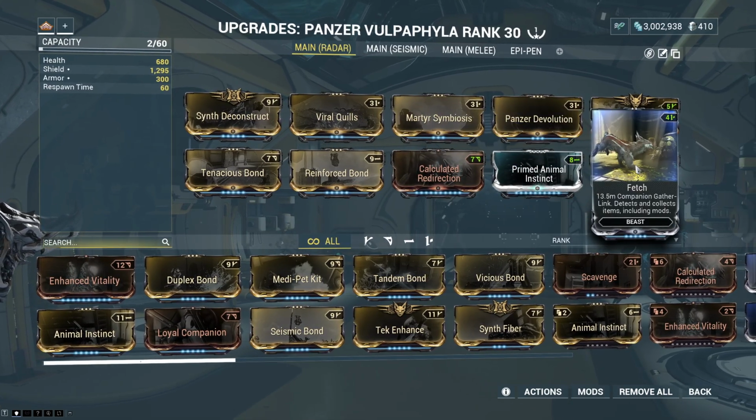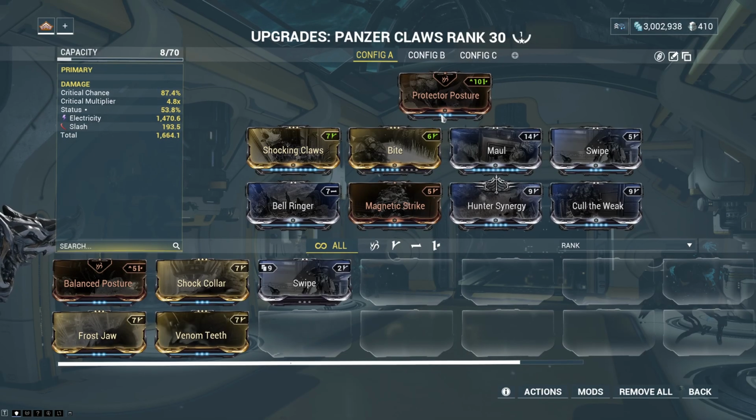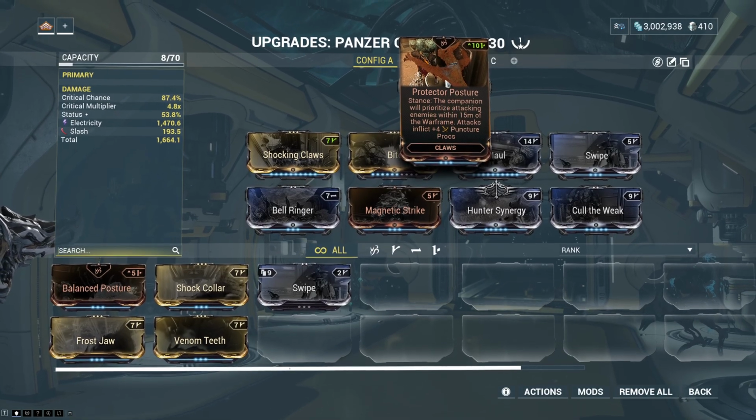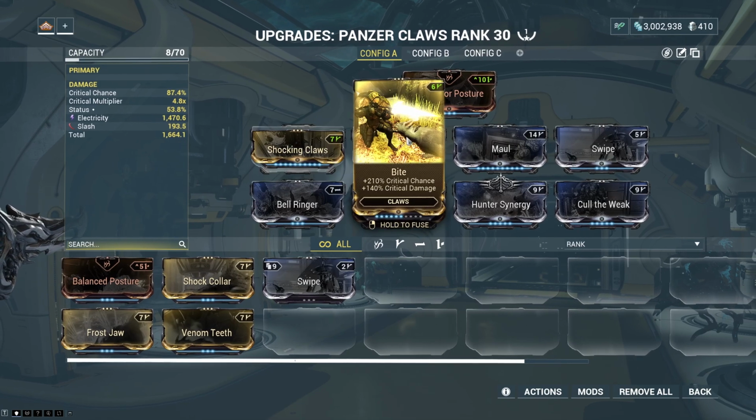These 2 slots can be swapped for Vicious Bond, Mystic Bond, or Pounce if you would prefer. The Panzer Claw build remains the same as the Zaku Prime Showcase. Protector Posture takes care of the enemies up close and applies puncture procs to them, granting us a flat crit